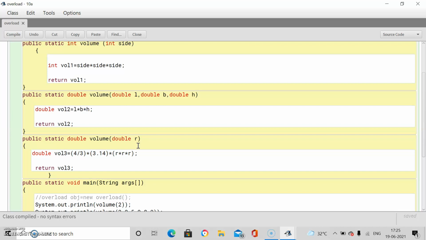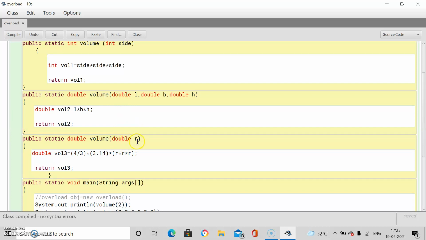So there should be a difference in their signature, and signature means the number and type of parameters. Either the number or the type of parameter should differ, or both can differ also. In this we have one parameter of int type, and in this I have taken one parameter but of double type.